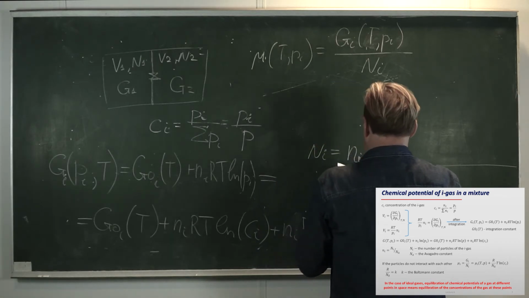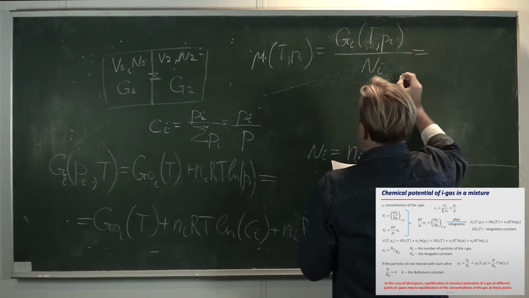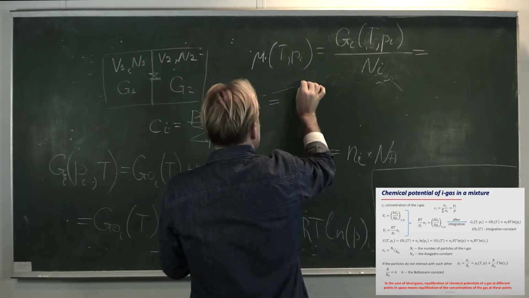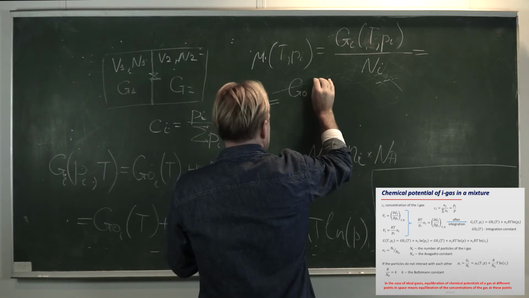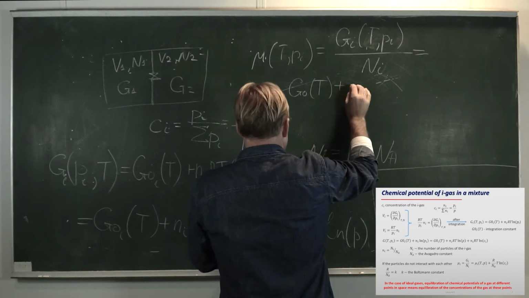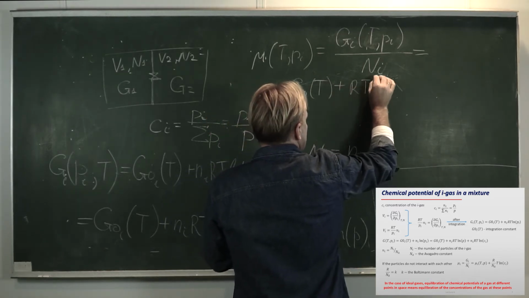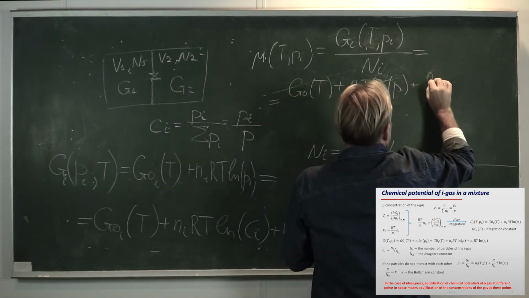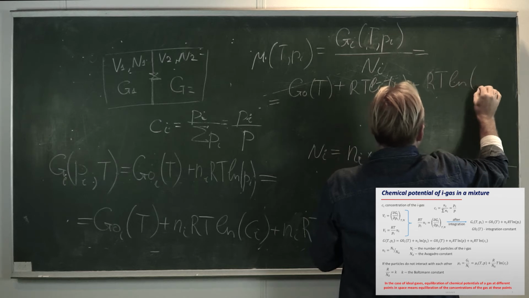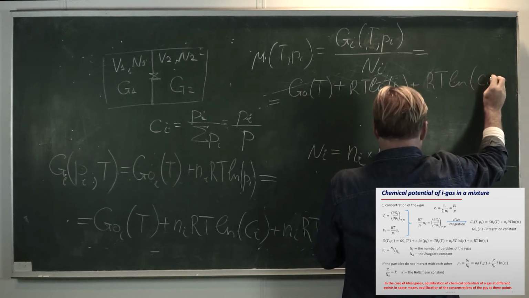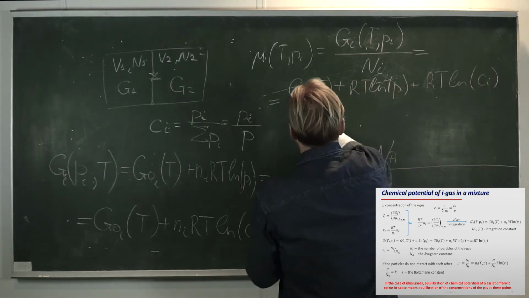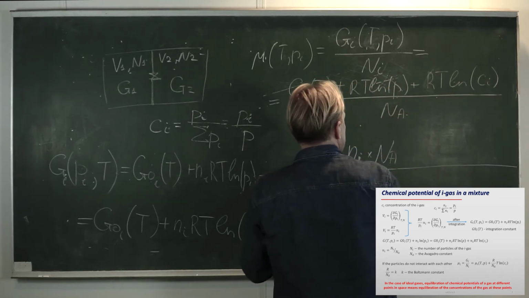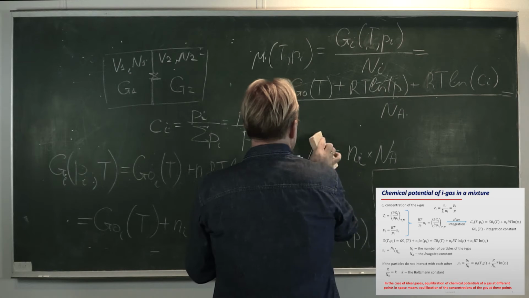It means that it would be equal to G, a function of temperature, plus RT logarithm P plus RT logarithm of the concentration, divided by the Avogadro constant, and this eventually gives me